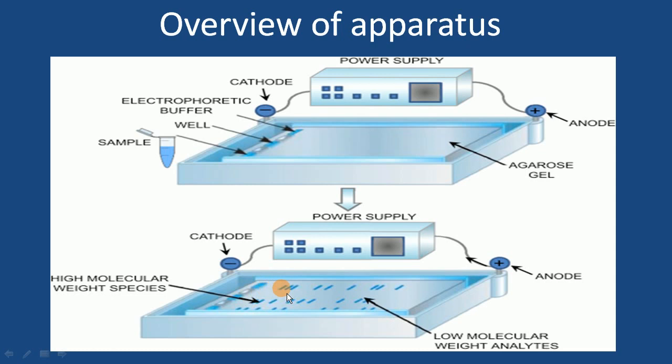Right? Now movement is dependent upon one more factor, that is shape and size. The bigger it is, the slower it will move, so it will lag behind, right. And the smaller molecule will travel or be transported faster. So here it will move fast towards the positive end, while the larger molecule will lag behind, right? And this is achieved because of the sieving effect of the gel. The gel you have prepared causes pore formation, and molecules move through the pores.